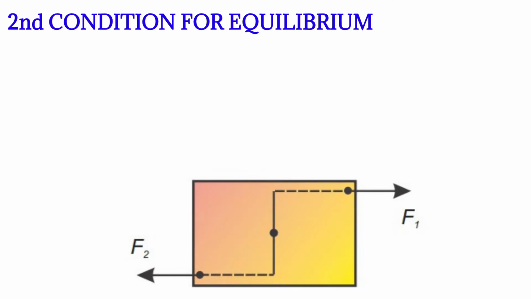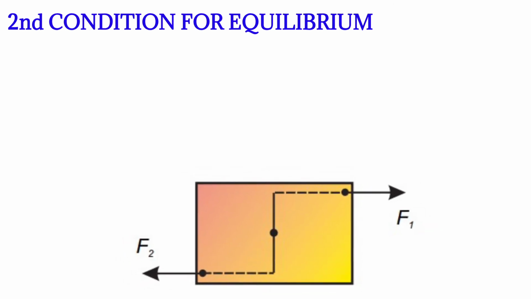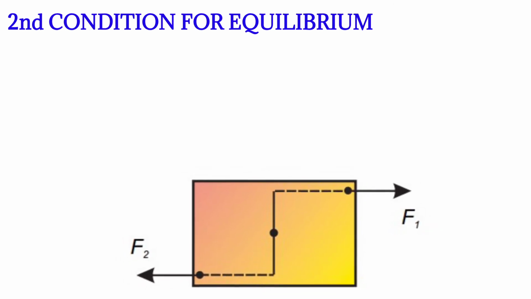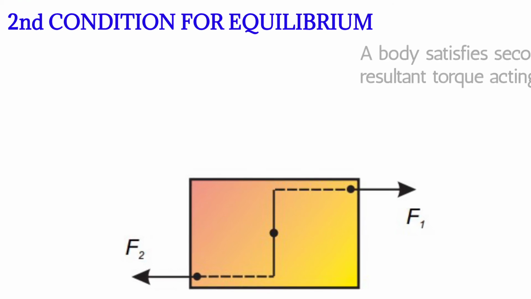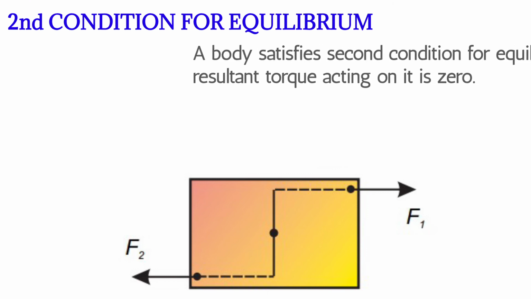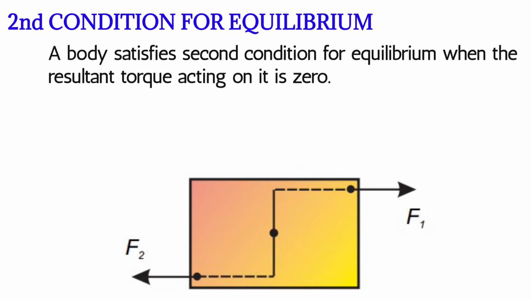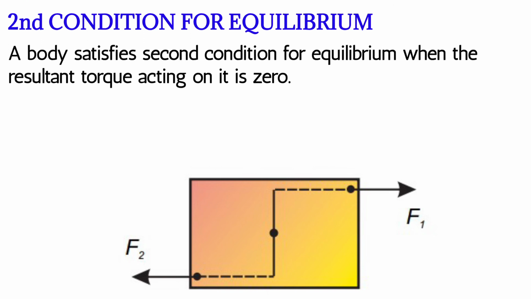The body is not in equilibrium although the first condition for equilibrium is still satisfied. It is because the body has the tendency to rotate. This situation demands another condition for equilibrium in addition to the first condition. This is called the second condition for equilibrium. According to this, a body satisfies the second condition for equilibrium when the resultant torque acting on it is 0. Mathematically it can be written as